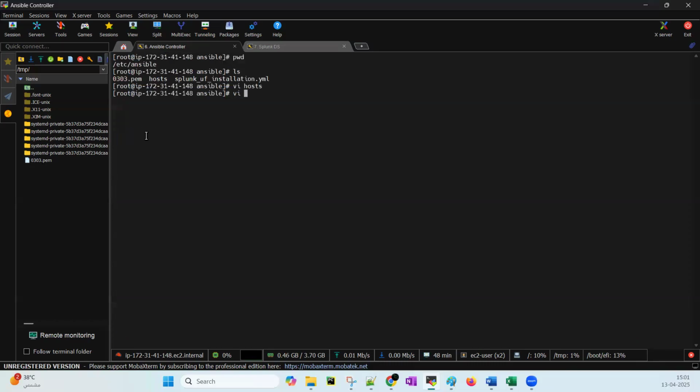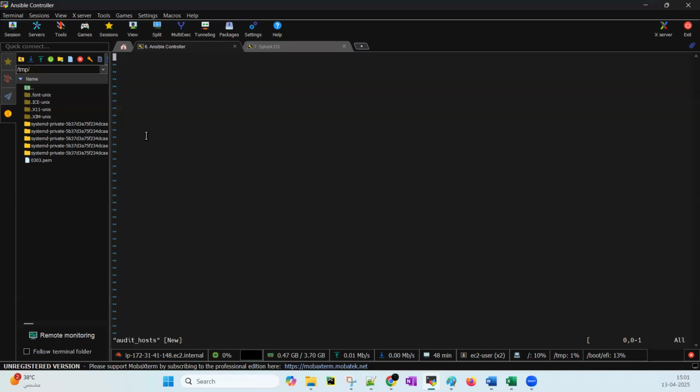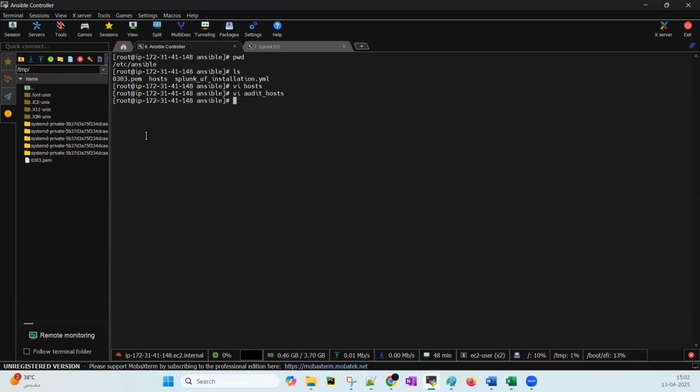You can write like audit hosts. Under that audit host, you can write your own thing. Audit UF, and then you can mention UF3, UF4, UF5 details. You only have to give full details. And then in the next YML, when you create a new playbook like